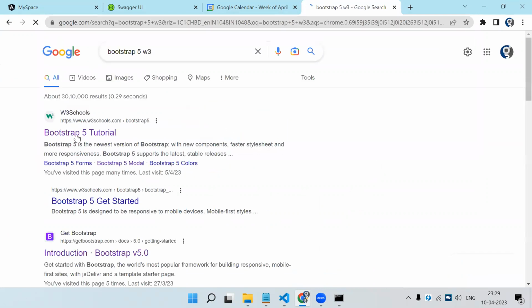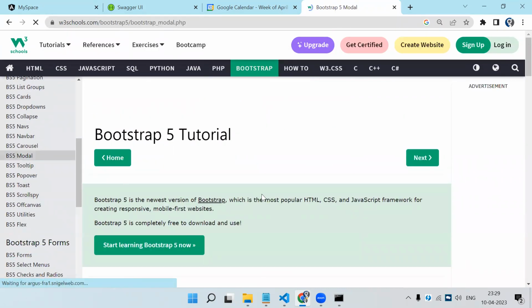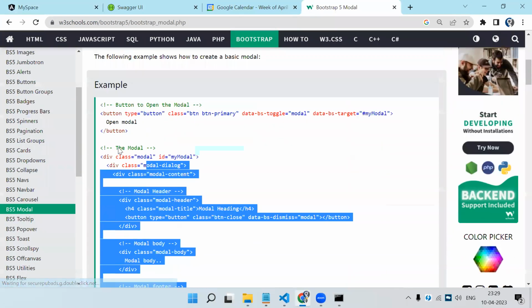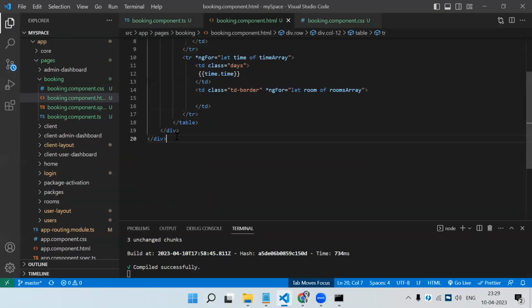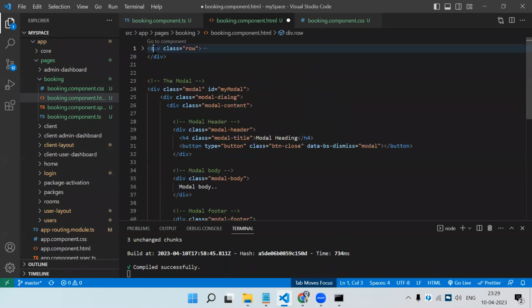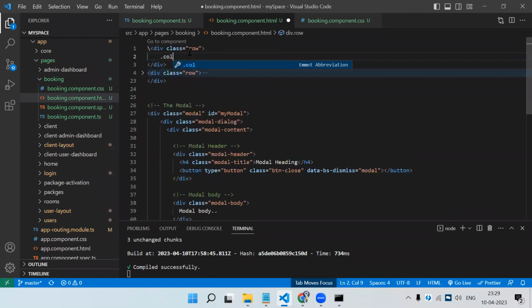from W3Schools. Let's copy paste the modal structure. This is the simple modal we are going to need. So let's copy. After this, let's paste that. Let's create one row, col-12,